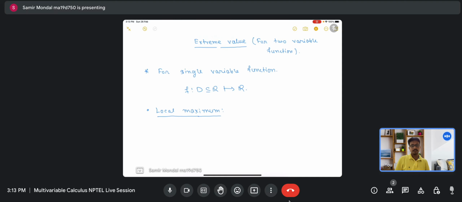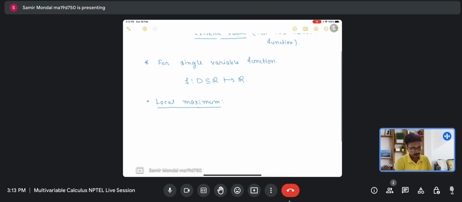If the function has a local maximum at a point A, if f of x is less than or equal to f of a, for all x near